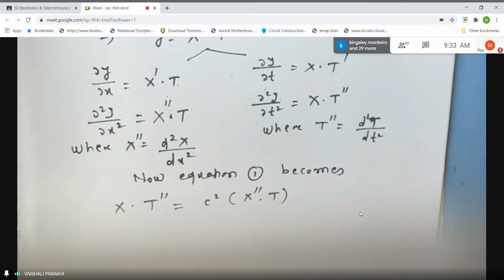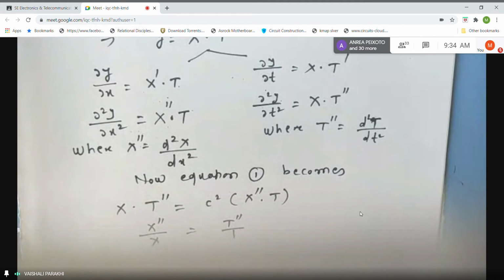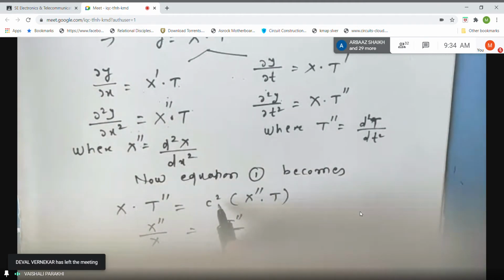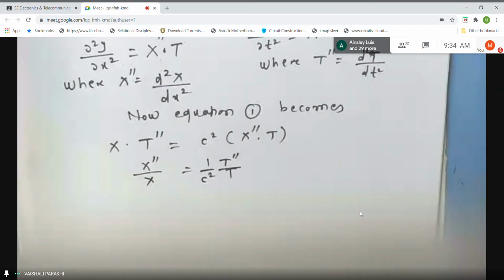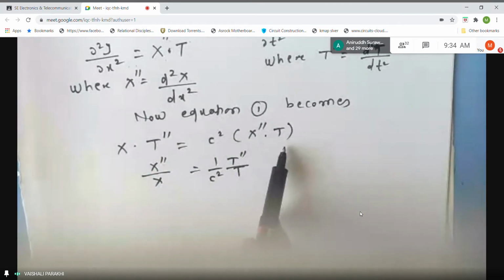Okay. Now see what I'm going to do. Easily I can separate the variables. How? I will keep only terms in x on one side and only terms in t on the other side. So see how it will look. It will be X double dash divided by X equal to T double dash divided by T. And this c square you can take to any side, c square or a square, whatever letter you are using. If you are taking T to the other side, definitely this c square will go down here, right? See whether all of you understood. This X is cross multiplied and this c square T is cross multiplied to the other side.